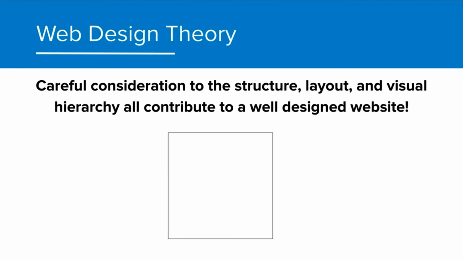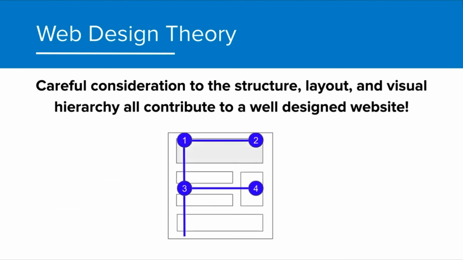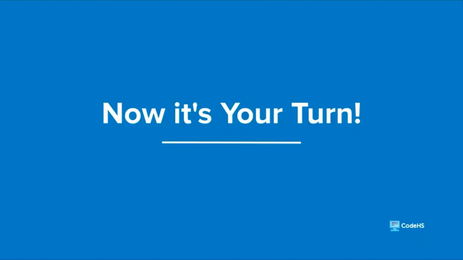When we start, we only have a blank page. It's from there that we decide the layout we'd like to use and impose structure that fits that layout. Once the structure is in place, we can then make decisions about which elements should be ascribed more value than others, and how we plan on conveying that with visual hierarchy. When all is said and done, this careful consideration towards the structure, layout, and visual hierarchy all contribute to a well-designed website. Now that you've learned more about web design theory, let's explore this in action